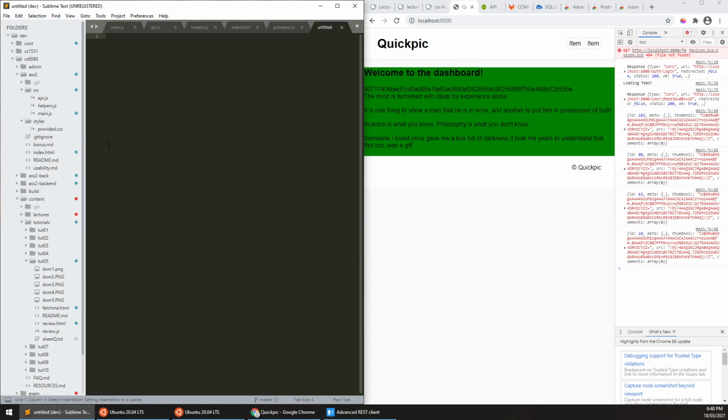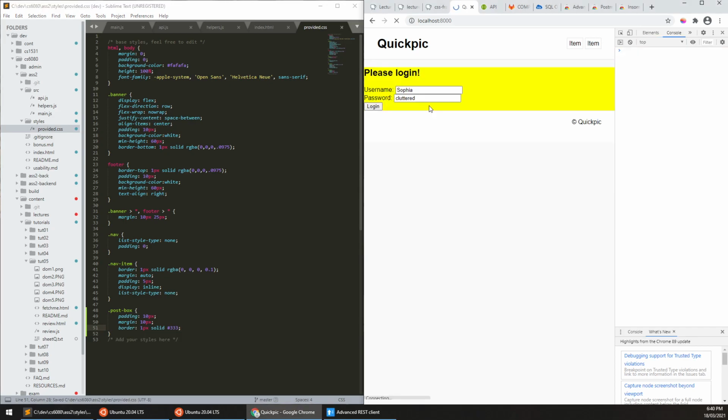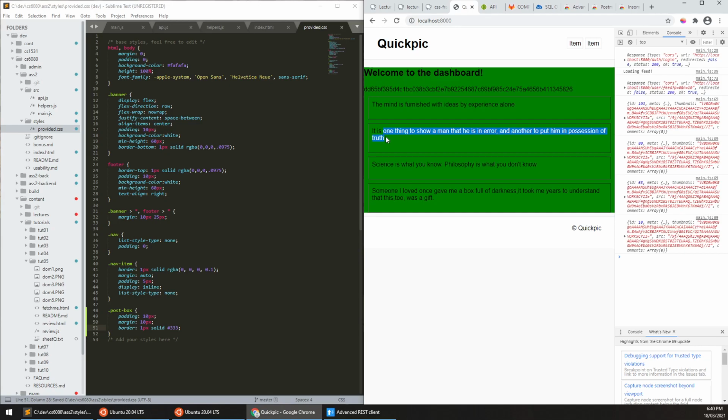Maybe I'll make my own styles. I'll just use the provided ones. But we use postbox, and we'll say that it has a padding of 10 pixels, a margin of 10 pixels, a border of 1 pixel solid, very dark gray. Great, we'll try that out. So now this should hopefully separate these boxes out a bit. Okay, cool. So we're slowly getting somewhere,